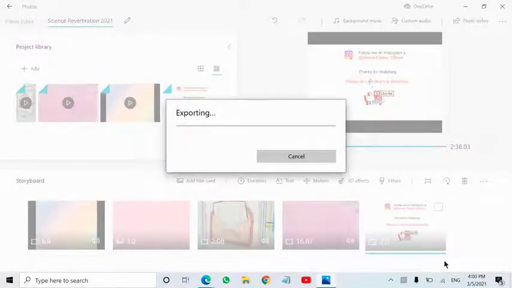It is exporting, you can see, and please do not close your PC until it is finished exporting. After it's finished you can do whatever you want. Okay, so let's see it happening. And this was the video on how to do basic editing from a laptop.